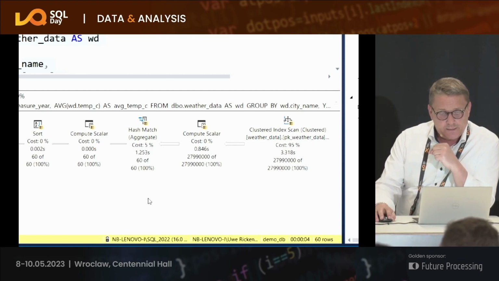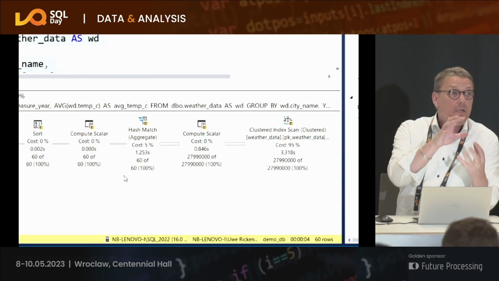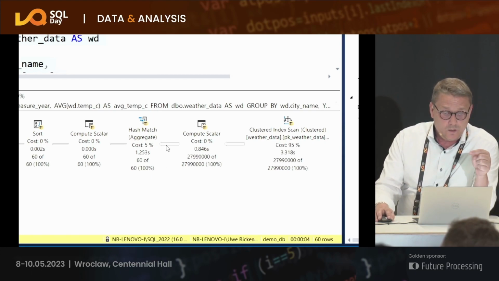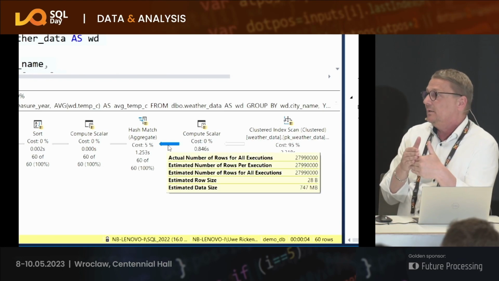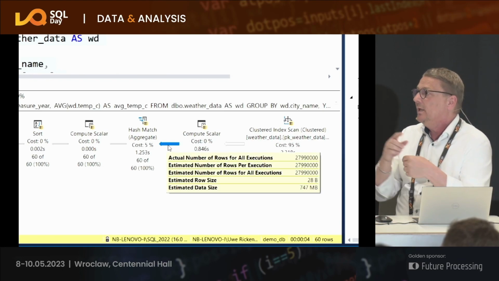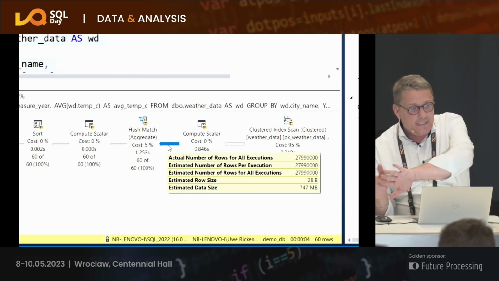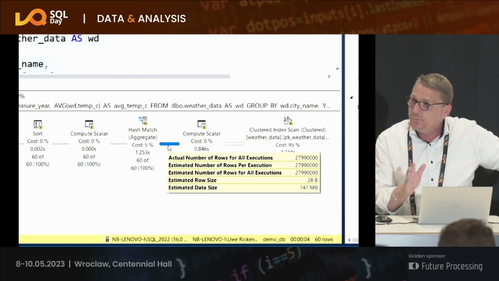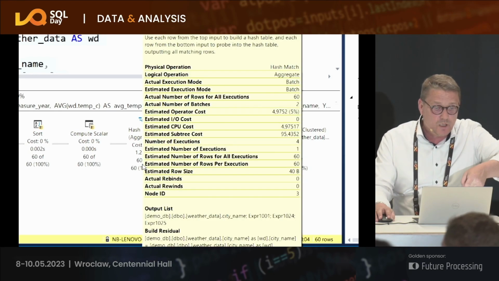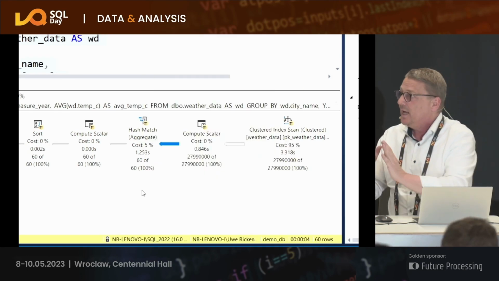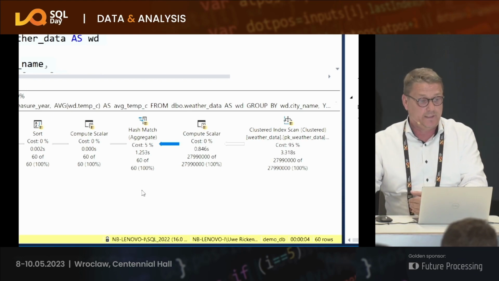In total, it does mean that SQL Server, first of all, needs to allocate memory to get all these data coming from here, the 28 million rows, and process them. When this is done, then SQL Server is pushing the output, the last 60 rows, you see this here, 60 rows, pushing them to the next operator.